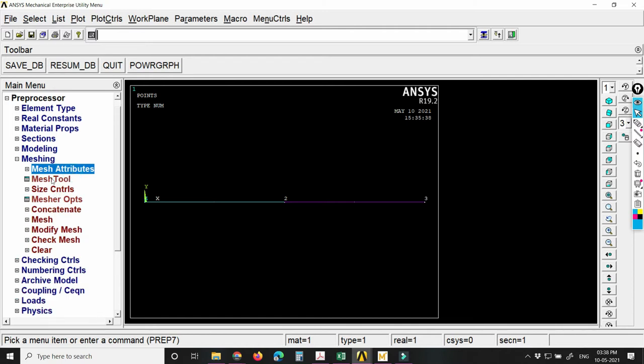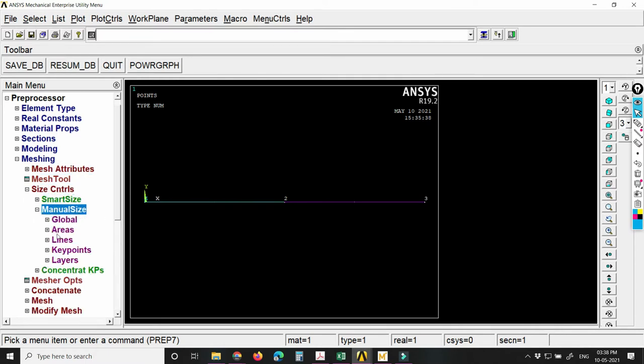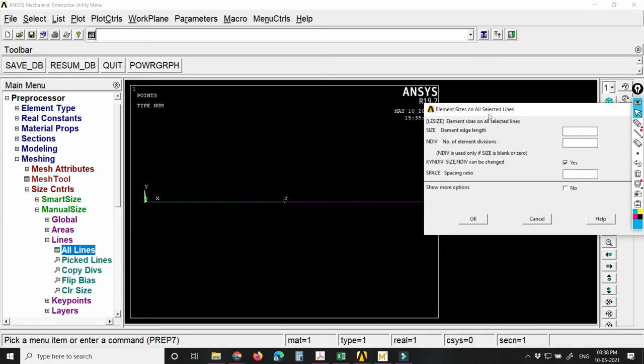We have a mesh tool also. You can use mesh tool also. We will do it later in another class probably. Today I will show you the size control. So in size control we will go for manual sizing. I told you that here in finite element modeling, everything depends upon how many elements you are going to take, how many different parts you are going to make.